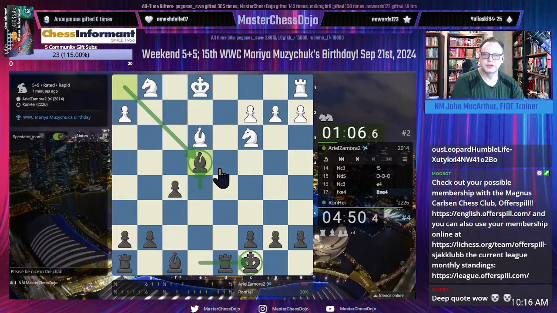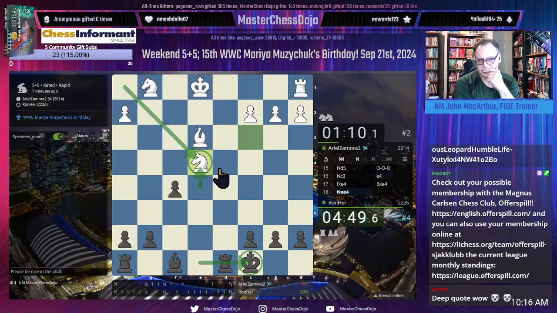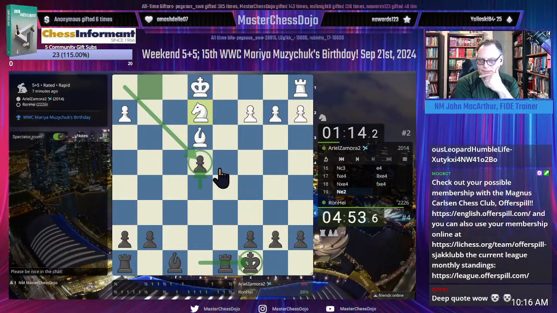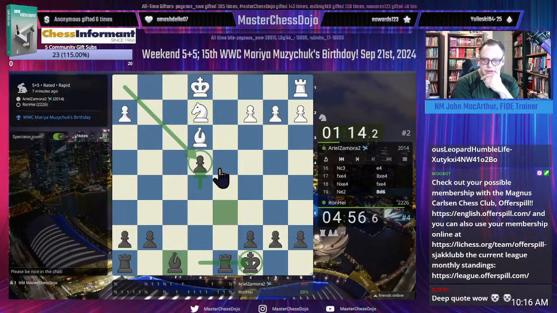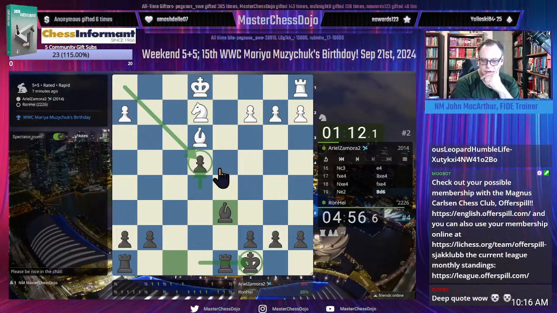We have the bishop pair, he's given up on, yeah? Bishop e7. He goes straight for the pawn.